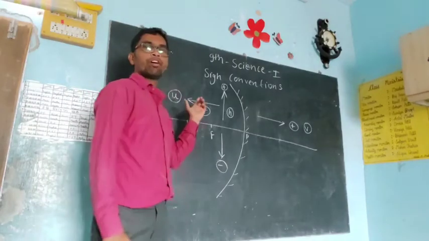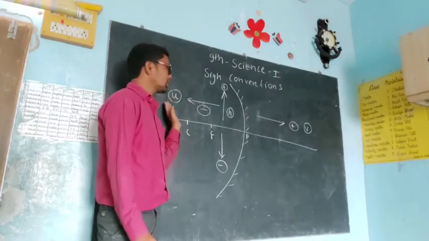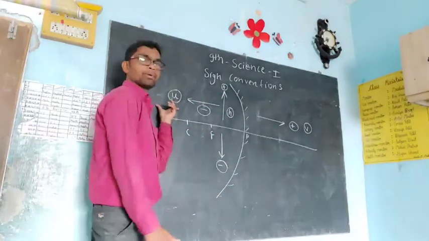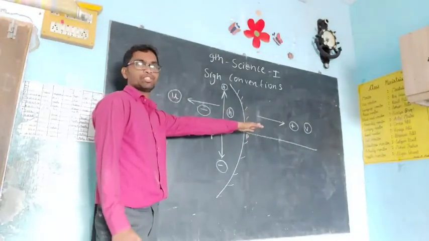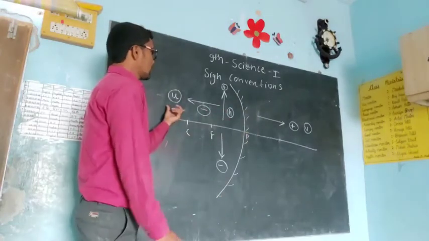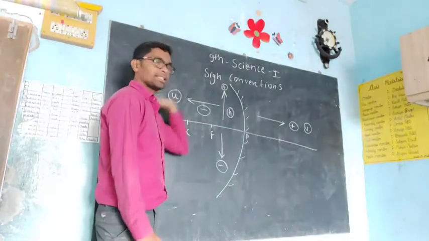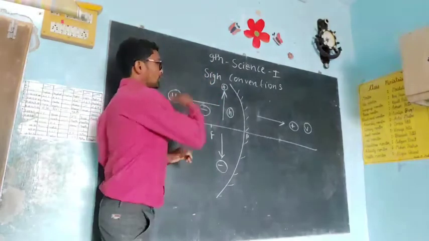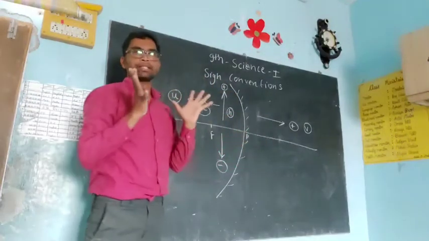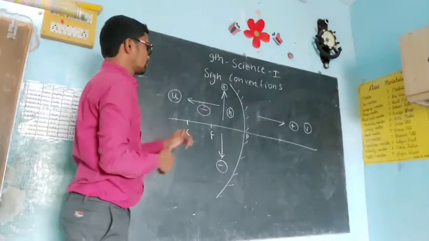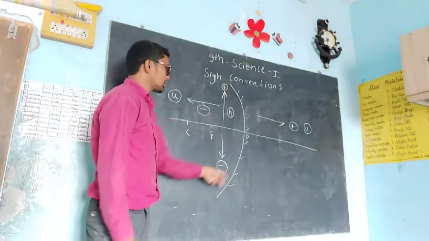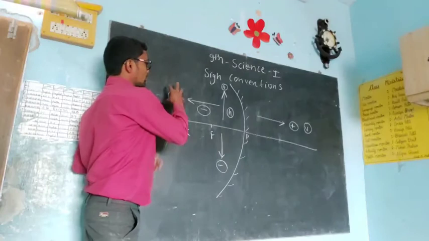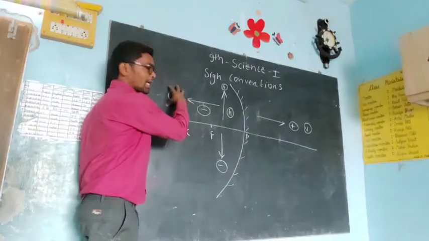Suppose, see, whenever you keep an object, we keep the object at the left side of the mirror. Now this is your concave mirror, and this object we always keep on the left side, and on the right side you get the image. If you consider this the principal axis, and this an imaginary y-axis we draw, then we will get 4 parts. Similarly, if you consider this the mirror and this the principal axis, then also you will get 4 parts. Most of the time we keep our object at the left side.